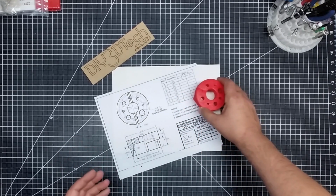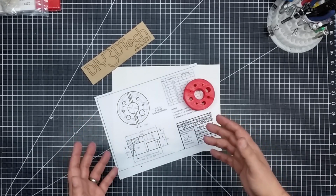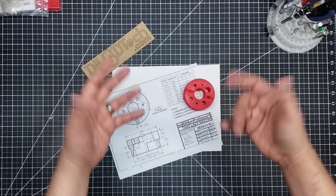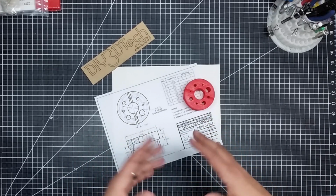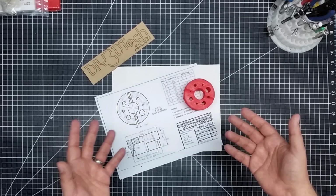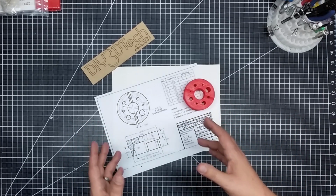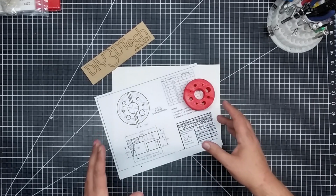Now, what you have to be able to do is obviously read this, because in most of the real world, somebody's going to come to you with a design, and it's going to be articulated in very good form like this is, or in very rough form on the back of a napkin. However, you have to be able to read and understand a design. Now, in this case, with this